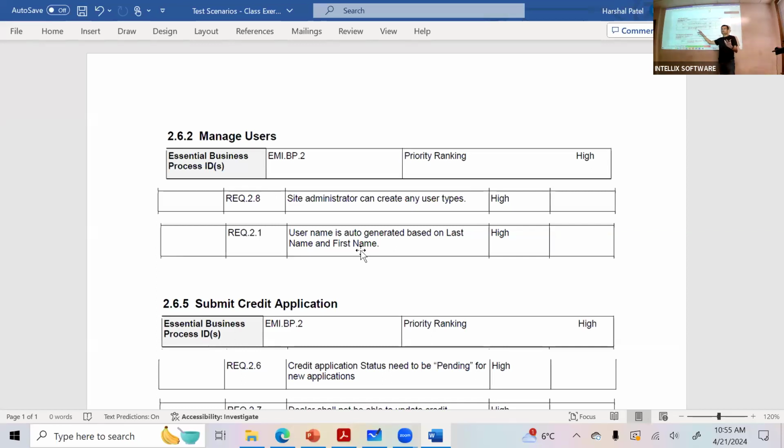Now we talk about when this specific requirement comes into play. We all know when we set up users, that's when this requirement comes into play. But do you think it will be for updating the existing users or creating a new user? Creating a new user, right? Because when you update, this is auto-generated, basically you can't change anything once it's created.